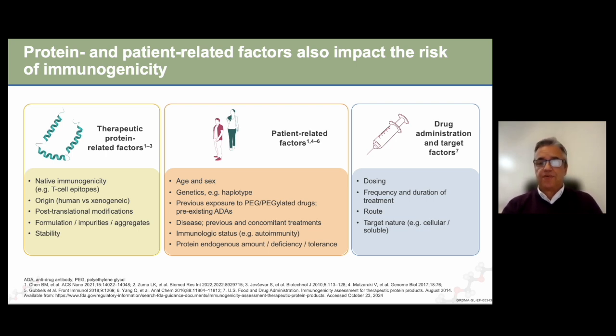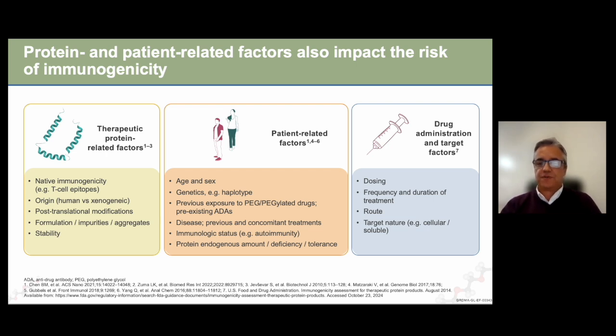The haplotype of the patient, due to the genetics of HLA, and the previous exposure to pegylated proteins might trigger the development of anti-drug antibodies against PEG, but also the disease, the concomitant treatments of the disease, whether the disease is chronic or autoimmune, we may also have here the possibility to induce these